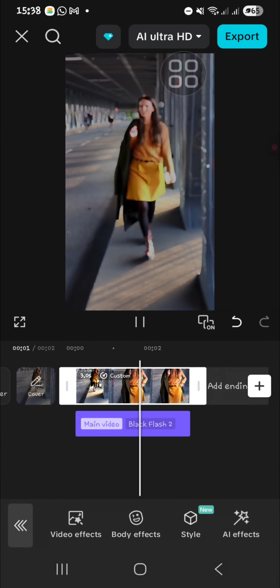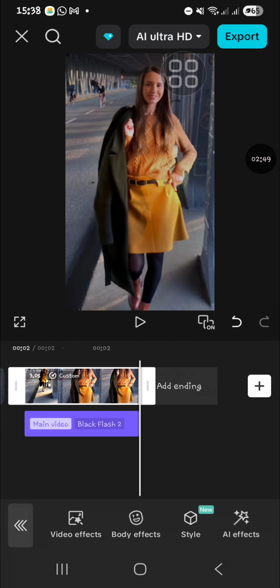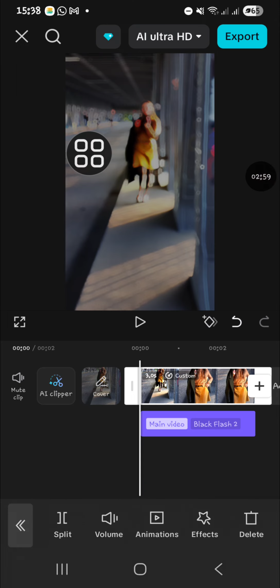Okay, and this is the final result. And then you can also add music or add sticker or text. It's up to you. Once you're done, you can click on export, and you can share it to your Instagram